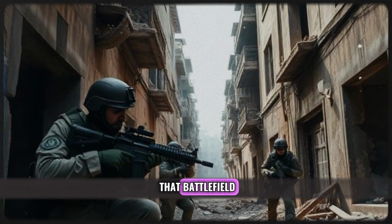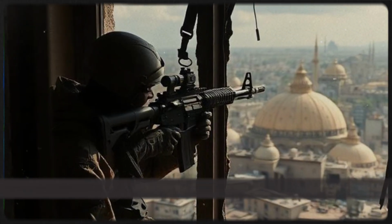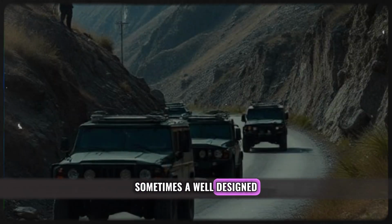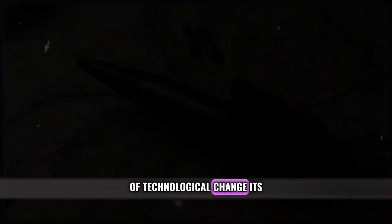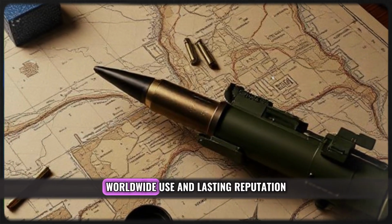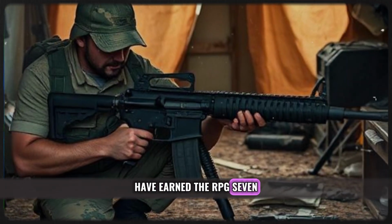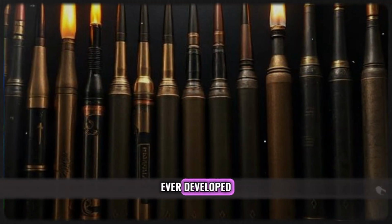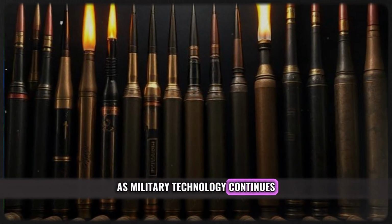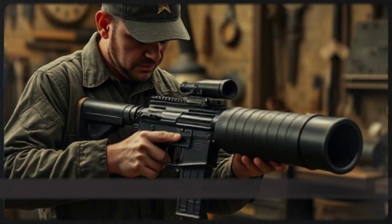It proves that battlefield success is not always determined by the newest or most expensive equipment. Sometimes, a well-designed, dependable weapon can outlast generations of technological change. Its long history, worldwide use, and lasting reputation have earned the RPG-7 a place among the most influential infantry weapons ever developed. As military technology continues to evolve, the RPG-7 reminds us that simplicity, reliability, and effectiveness can make a